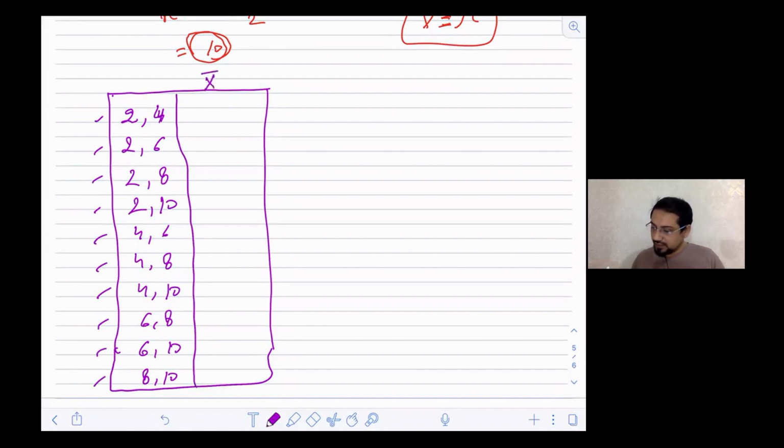So when I find the mean, 4 plus 2 divided by 2 is going to be 3, right? Next is 8, so 4. 10, so 5. 12, so 6. 10, so 5, sorry. 8, so 4. 12, so 6. Again 14, so 7. 14, so 7. 8, so 9.